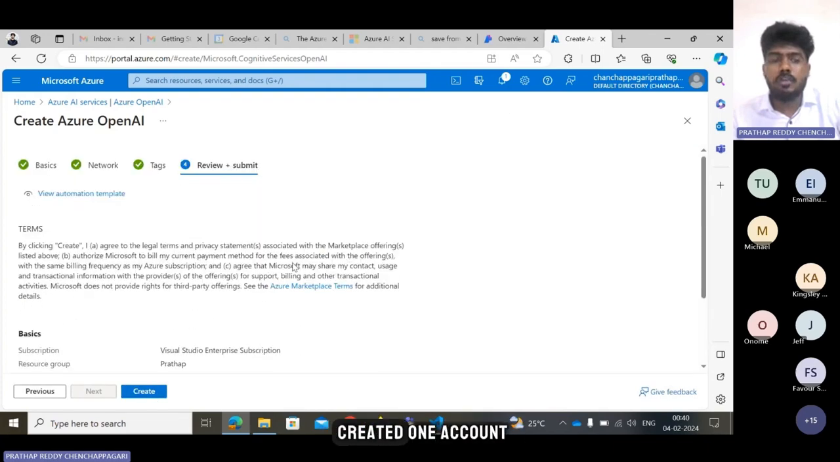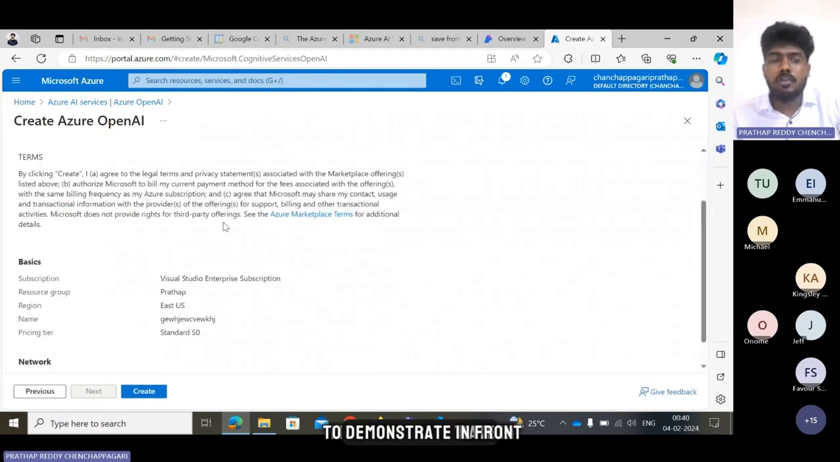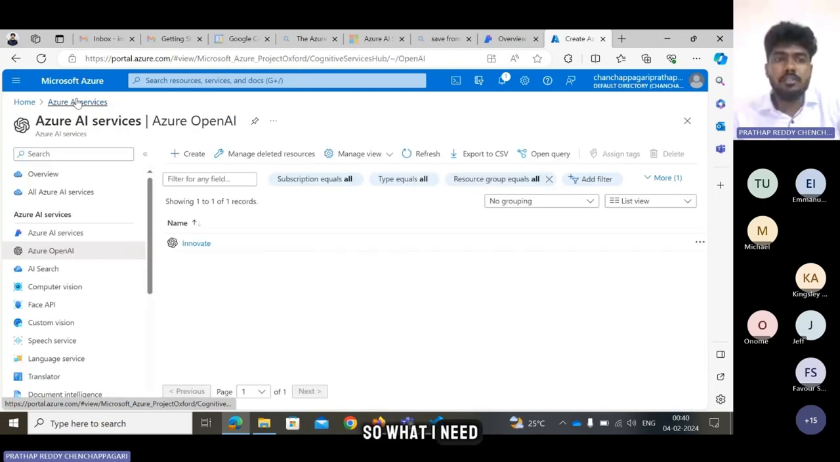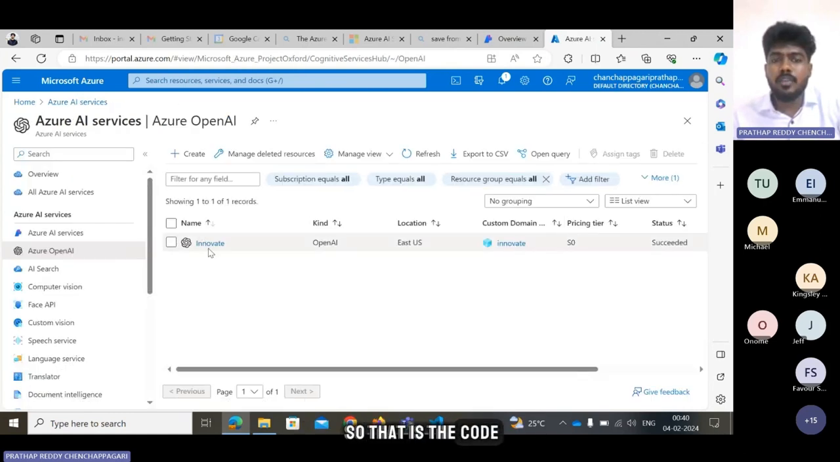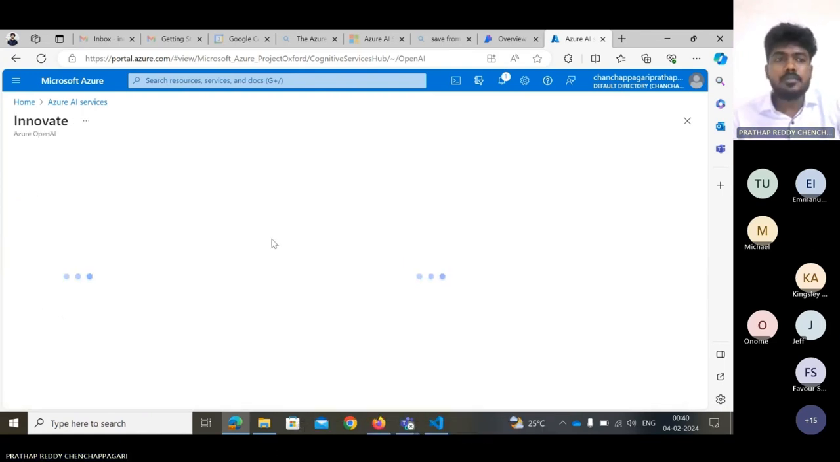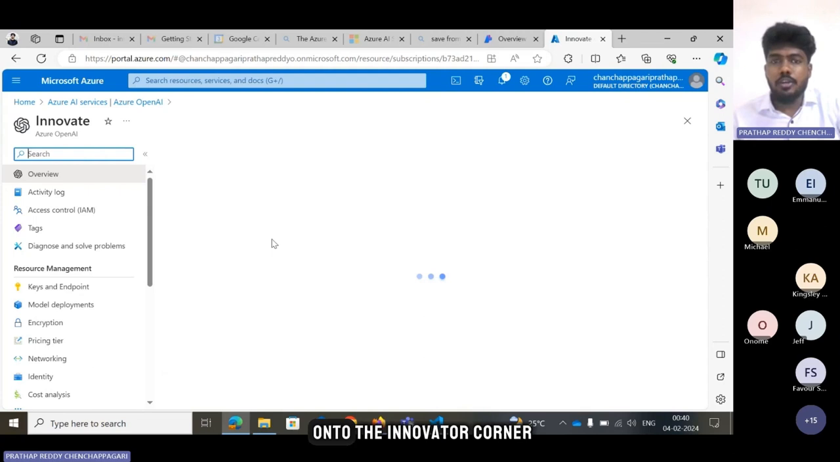But I have already created one account, so I would like to demonstrate with that one in front of you. That is the thing. So I have already created the Innovate account, and I just tap onto the Innovate account. Once you tap onto the Innovate account,